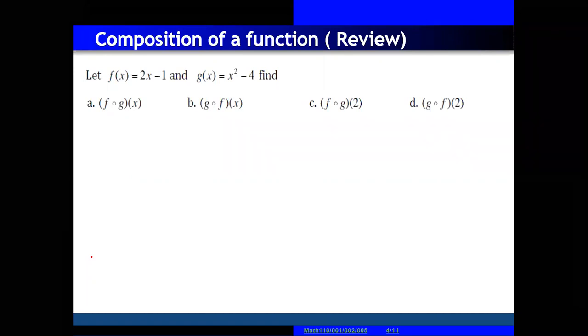And we discussed the idea of composition, what composition means, mixing two functions. Okay, I will solve two questions of composition as a review from the previous lecture. Then we will discuss our new lecture. So we have composition, and you all know that. And next class you have quiz number one.